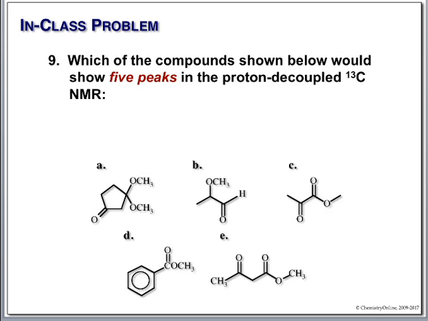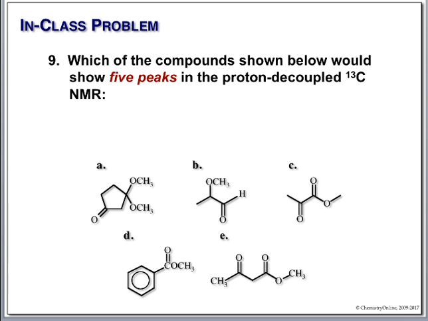Which of the compounds shown below would show 5 peaks in the decoupled C13 NMR? Now remember, decoupled means we don't have to worry about splitting. So the real question is, how many different types of carbons are there in each of these compounds as far as the C13 NMR goes? So let's just look at them. Our first one here,